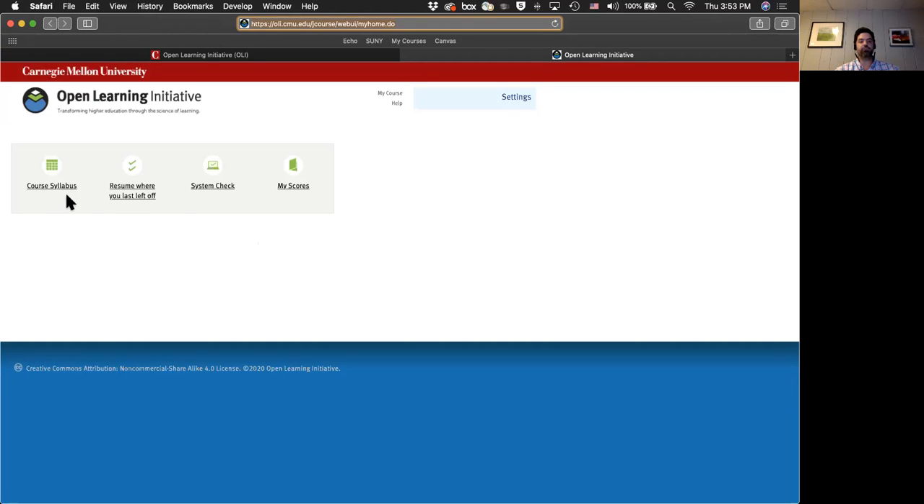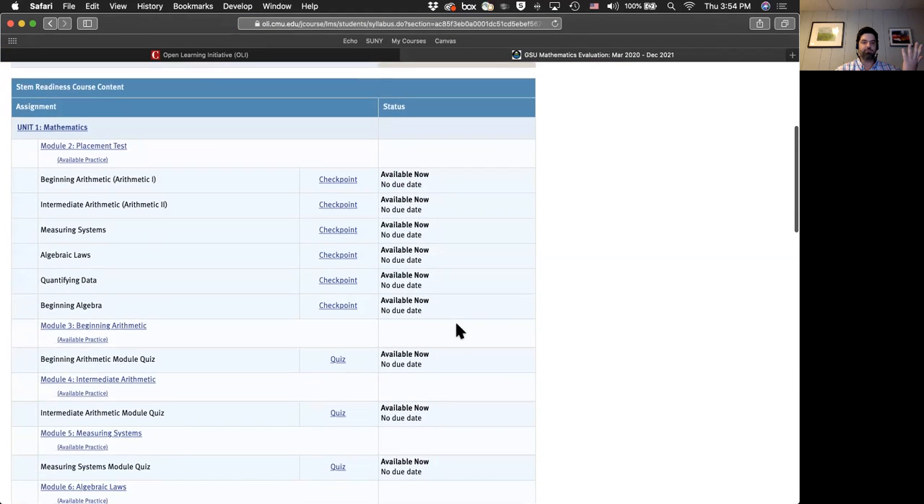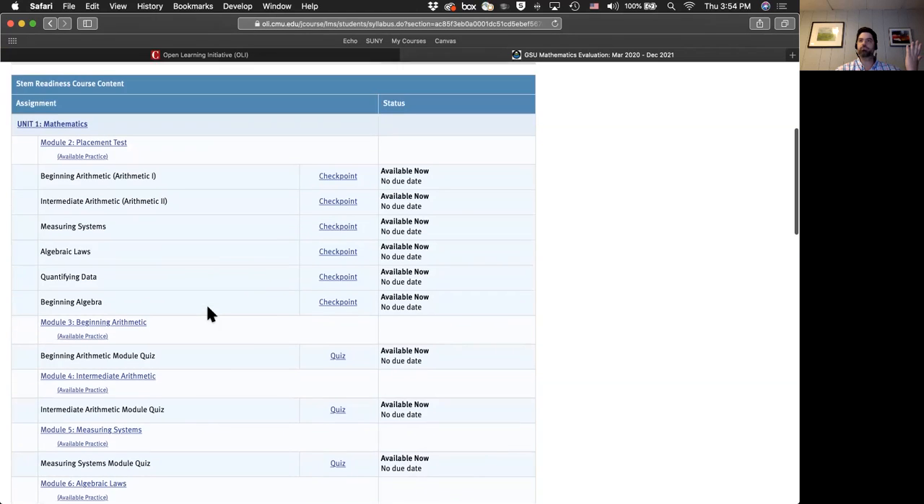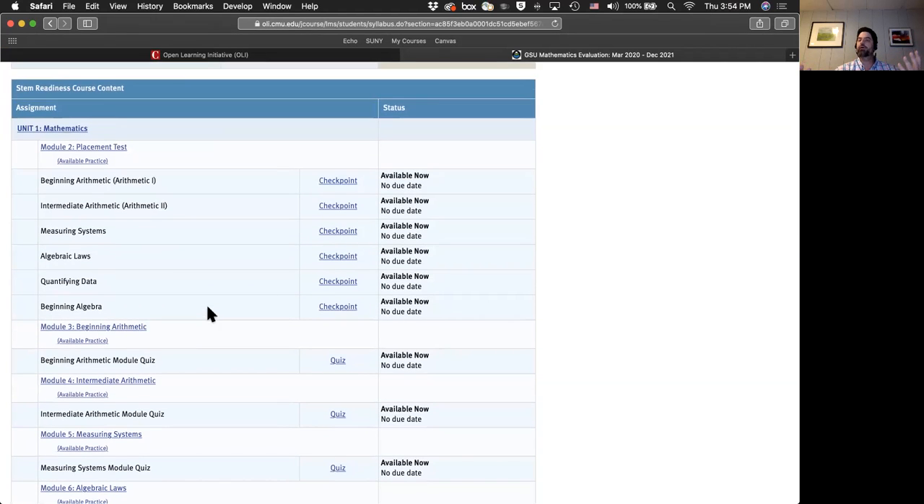This is the view for a student who has single sign-on access. They've got this syllabus, resume where you left off, system check, which is really just a list of information telling them to keep their browser up to date, and their scores, which is a one-listing gradebook. When you click on syllabus, it looks the same as the syllabus that you saw before. Nothing is different about the presentation of the material for a single sign-on student versus a